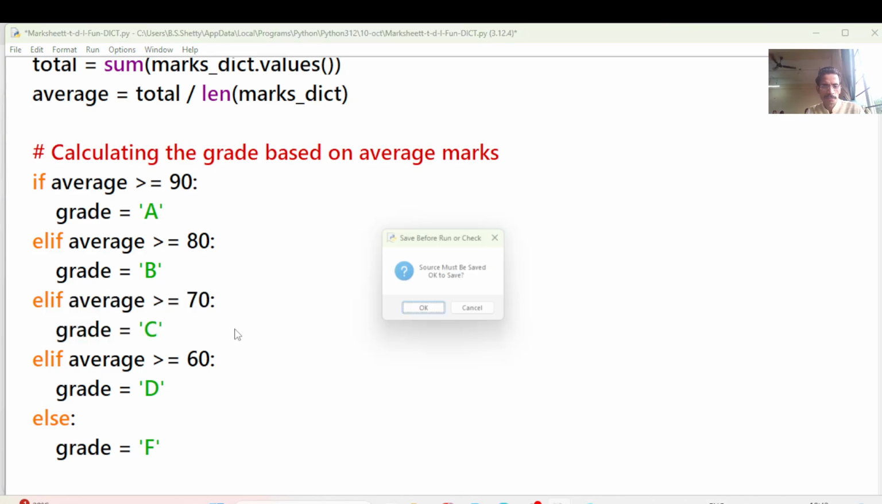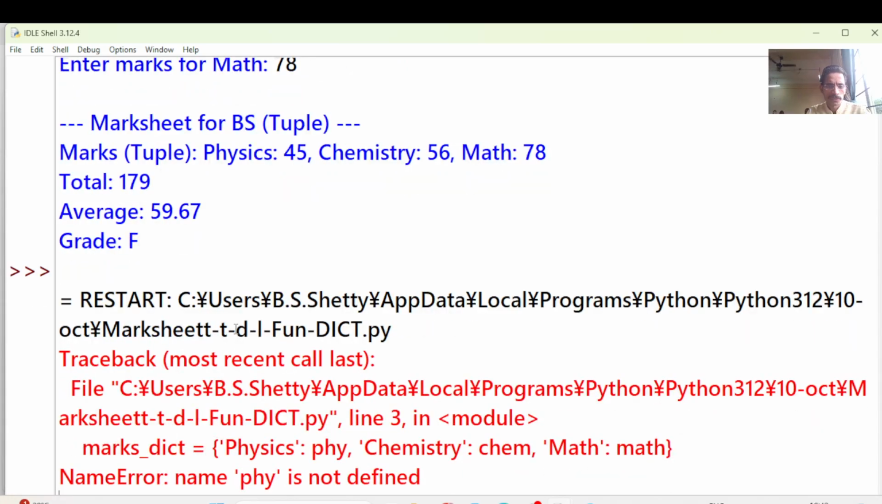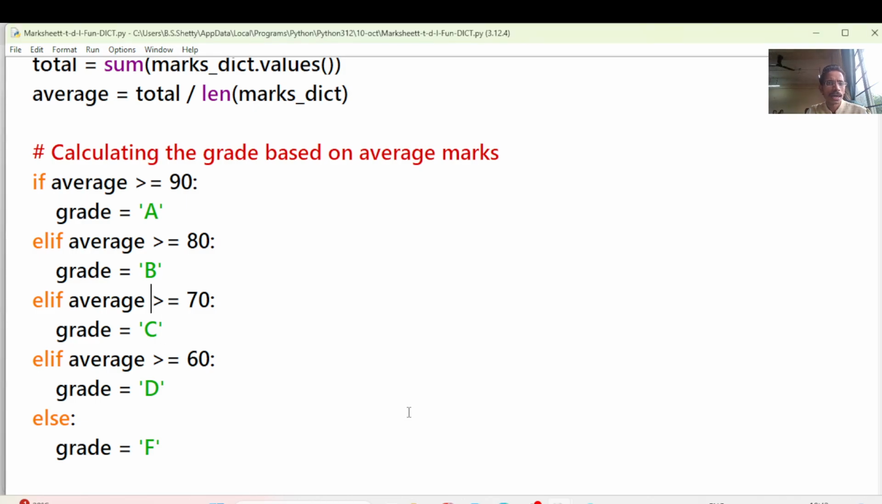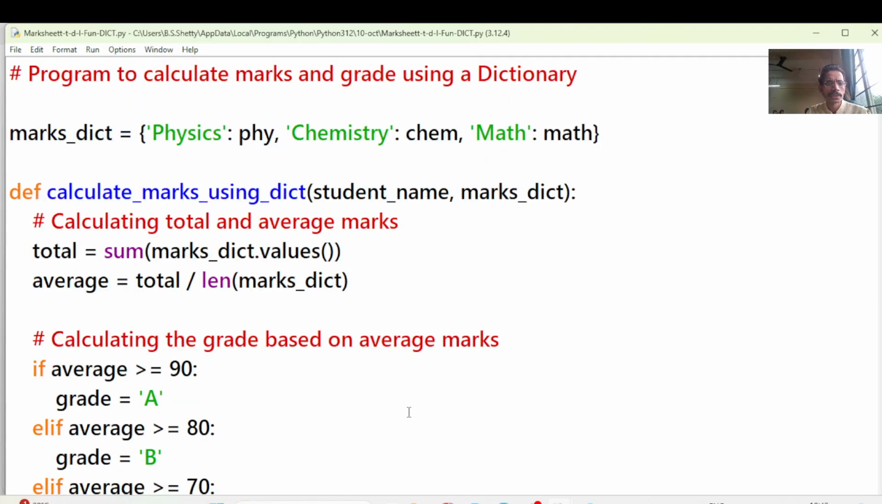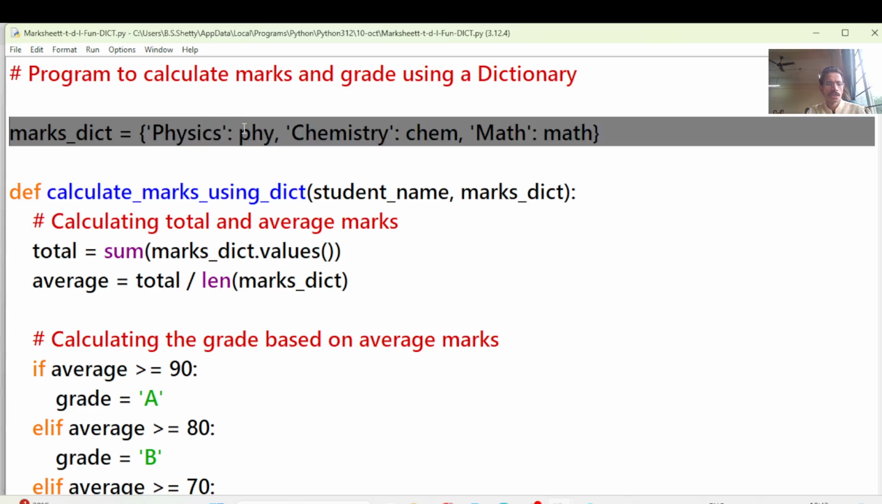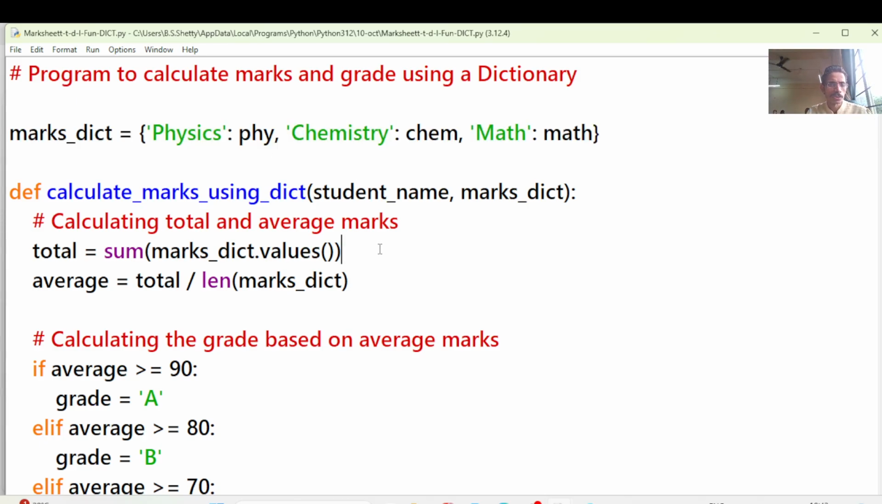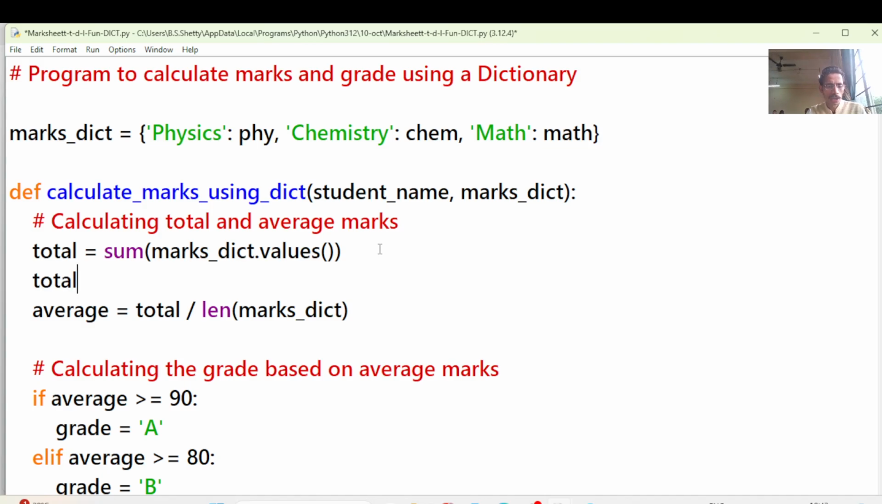I run the code. अरे काय गडबड झाली, फिजिक्स अनडिफाइंड येत आहे लाईन नंबर 3 मध्ये. काय गडबड झाली. ओके, I just delete this syntax. Okay, or I can write like this also. टोटल 1 इक्वल टू काय करावं लागेल सांगा मला? मार्क्स डिक्शनरी. काय करावं लागेल सांगा मित्रांनो? मार्क डिक्शनरी